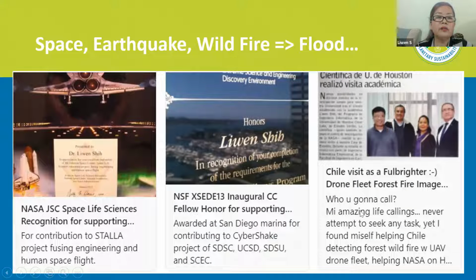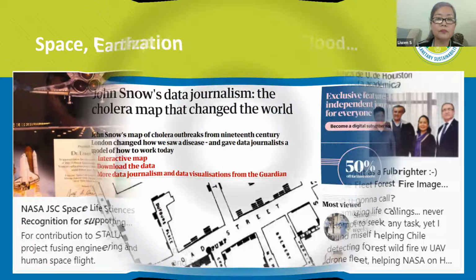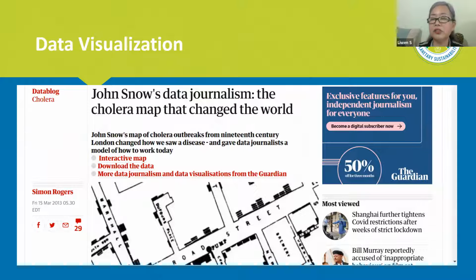I have earned many awards. This is education for NASA Stella. This one is for the earthquake. I was the first fellow for XC Campus Champion to work on the largest computation in the world. This is when I was Fulbright. I went to Chile to help them using drone to monitor their wildfire detection. So the data visualization is very important because every 1% improvement in data visualization, you can improve 7%